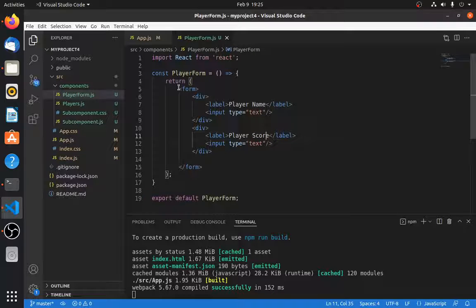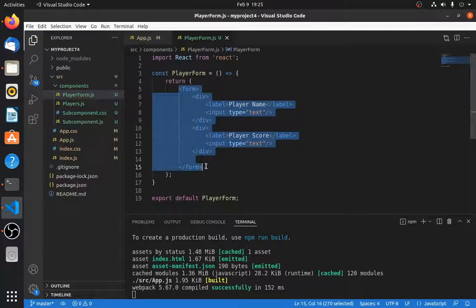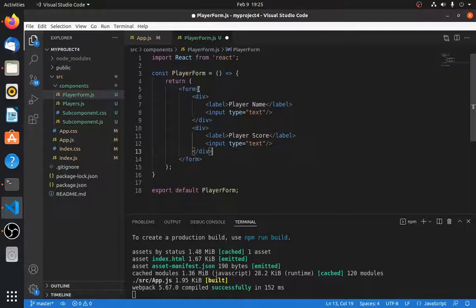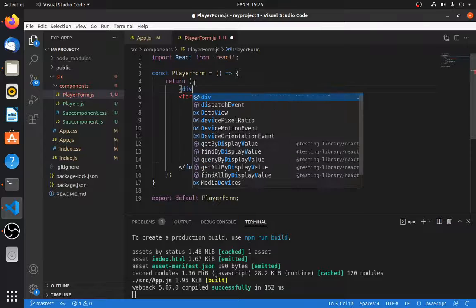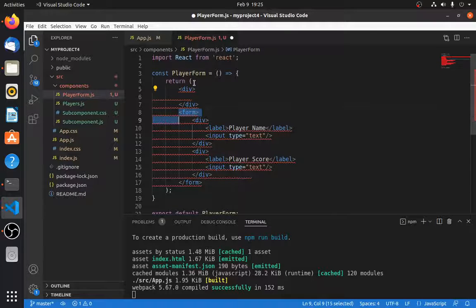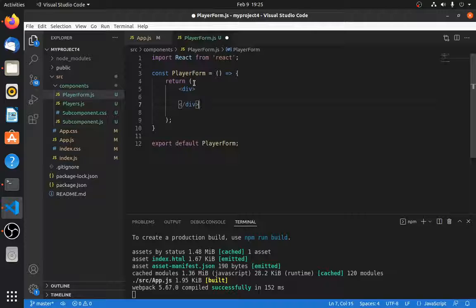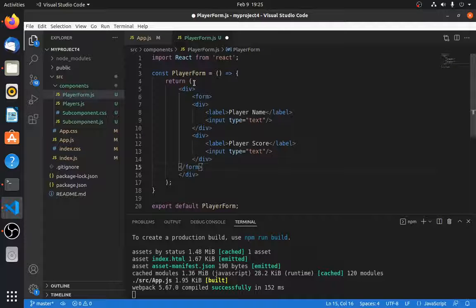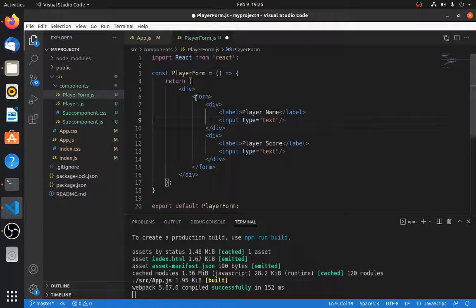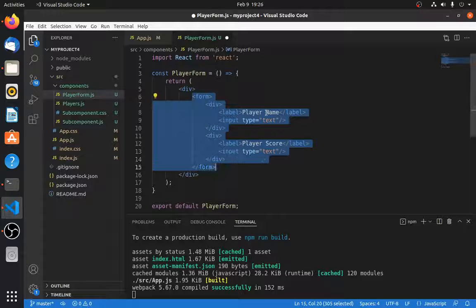And since this is a component and it returns only one JSX element at a time, this entire form, which contains multiple HTML elements, let us wrap inside a div. Okay, fine. So what we have here is a form which contains the player name and player score as input types,